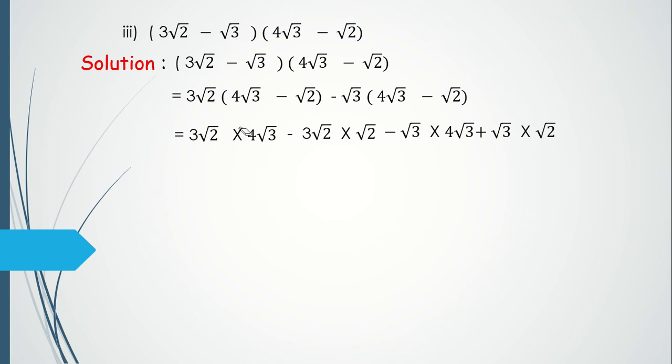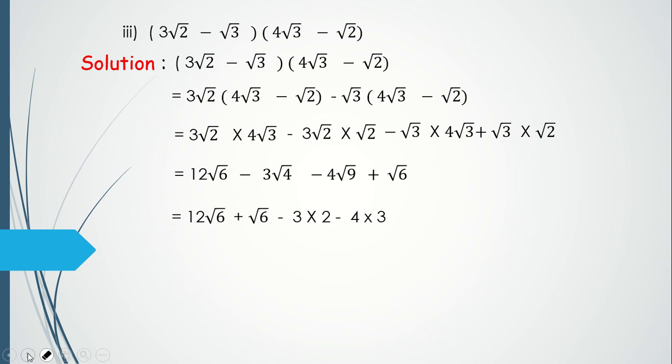Now here 3 4s are 12 we will do, and root 2 into root 3 is root 6. Here 3 into root 2 will become 2, and here root 3 into root 3 will become 3, and here root 6 we will get. So 3 4s are 12 root 6 minus this is 3, and root 2 into root 2 root 4 minus, actually you don't need to show so many steps. If you can do it directly, do it directly. Like I had shown it earlier, that way. No need to add so many steps if you can do it directly.